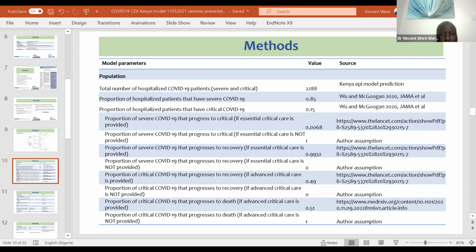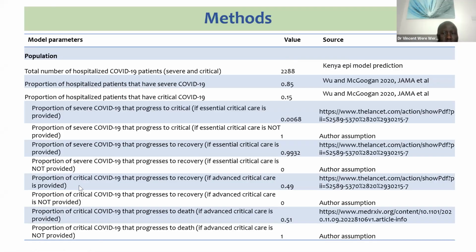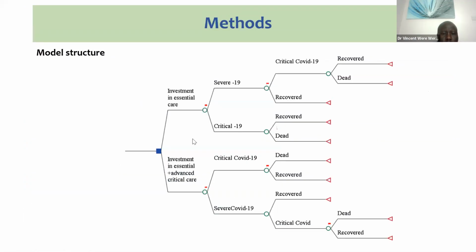So their decision model looked like this. You might be interested in how patients were progressing through each of these. You can see at the end of the day, a patient will either be alive or dead at the terminal end of the model. And so that is how, even for COVID, we were able to identify the parameters we need.